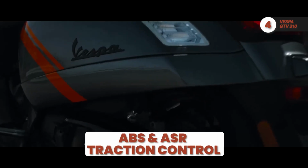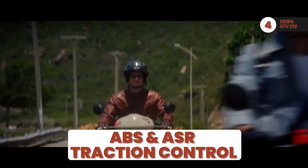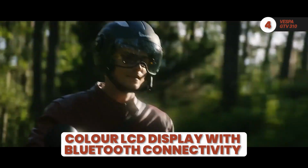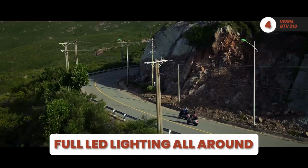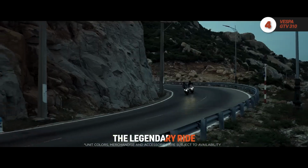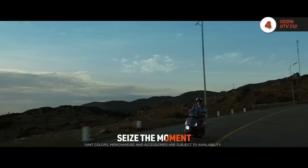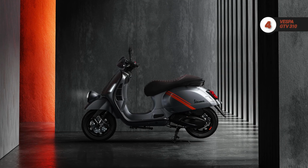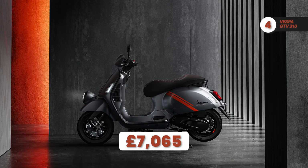In true Vespa tradition, for tech you will find ABS and ASR traction control, full colour circular LCD display with Bluetooth connectivity, as well as full LED lighting all around. If the GTV has caught your eye from our list today, you'll be pleased to know that for 2025 you will be able to pick yourself up an all-new GTV 310 in 2 different colourway options for the price of